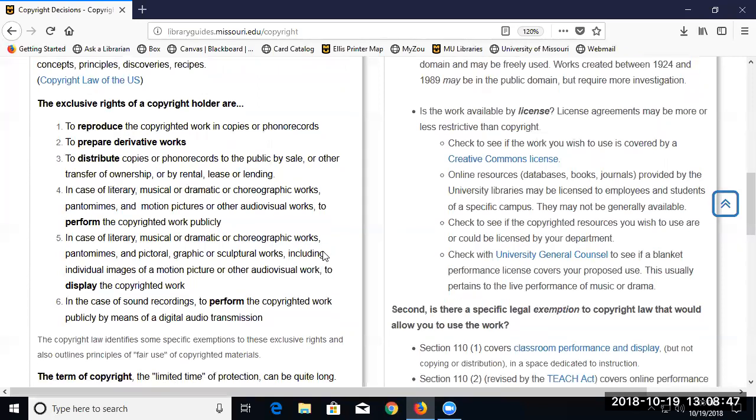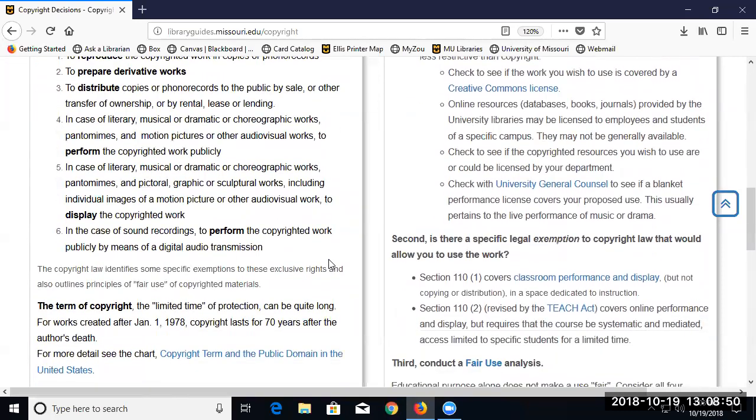So then after that, the copyright law spells out some specific exemptions, and there are lots of different kinds of exemptions. We're going to focus on those that relate to teaching. So there are some specific exemptions for what can be done in a classroom or in the digital learning environment. There are also exemptions for what a restaurant can do, so allowances for playing music over the speaker system, or for religious services to be able to sing hymns and that kind of thing. There are some different specific exemptions, but we're just going to focus on a couple of them.